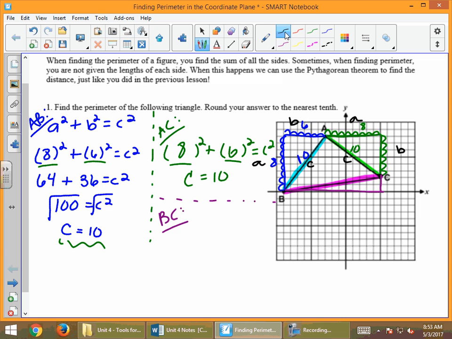And the slanted side is always C. I'll leave this one my A, this one my B, doesn't matter. And now we're plugging it into the Pythagorean theorem. So we count: 1, 2, 3, 4, 5, 6, 7, 8, 9, 10, 11, 12, 13,